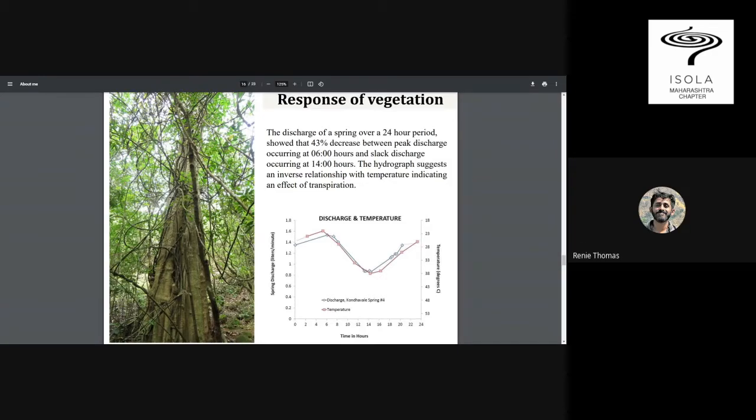So certain trees actually hold water in their trunk, and to give a really good example, we see a lot of old springs or old wells close to the peepal tree or the ficus tree. These trees hold water in their bark, and this water held in flux doesn't allow water to just move down the rock units. If you take out all the trees, then the water will just move down, and over time we won't have water.